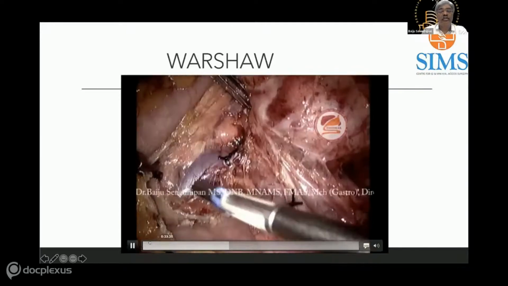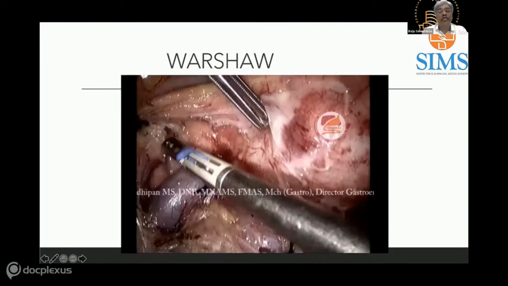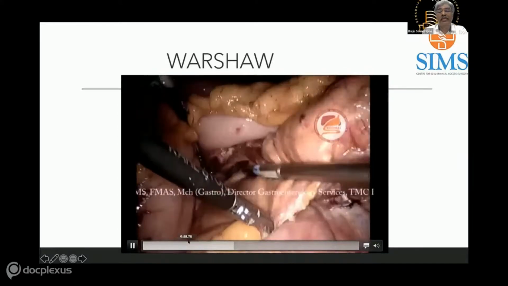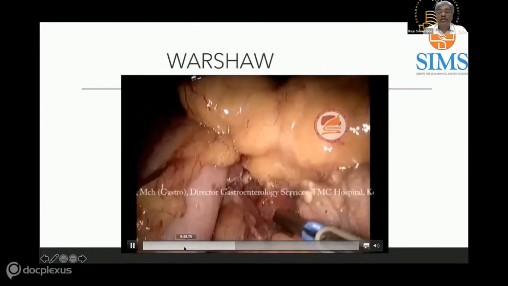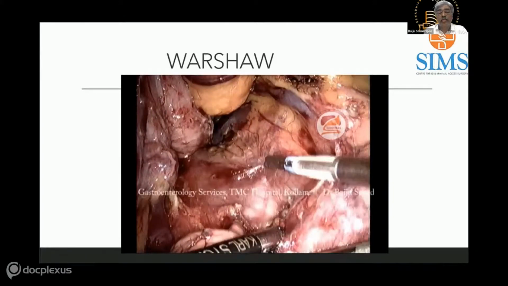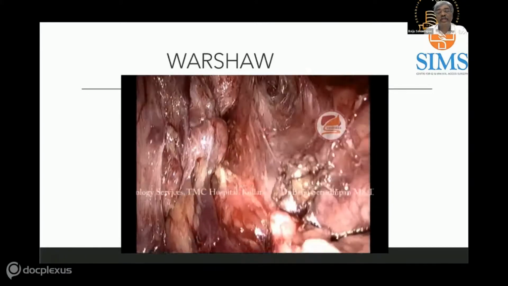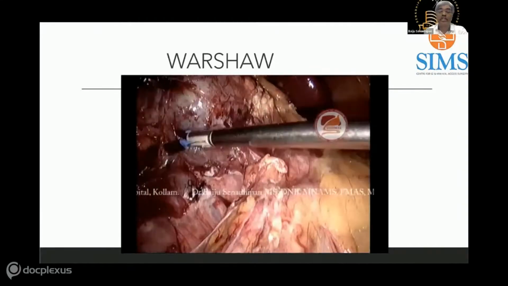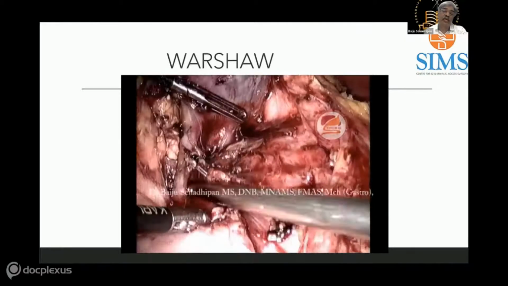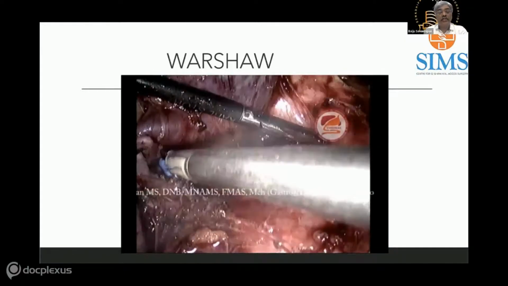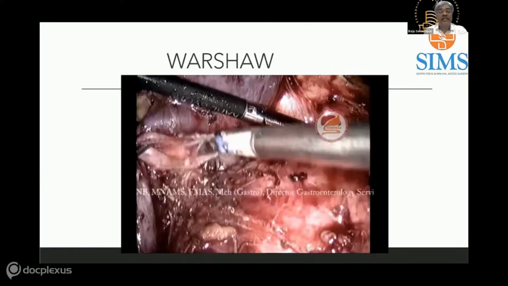That depends on whether the tumor is in the proximal body or distal tail. Now you are going superior to the pancreas, at the superior border of the pancreas, to expose the splenic artery. Usually you expose the splenic artery at the superior border, and expose the splenic vein at the lower border. Now the task is that in